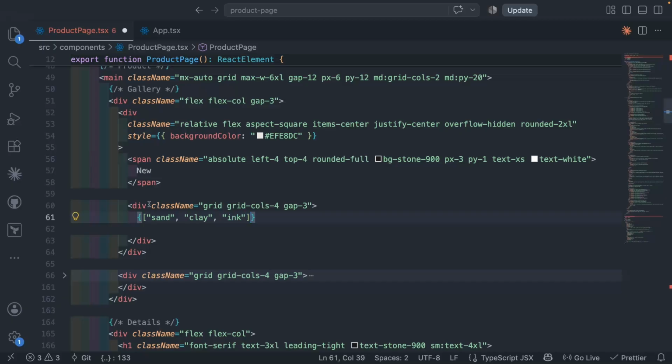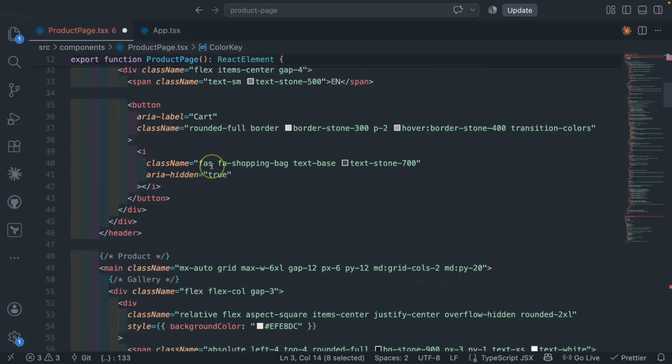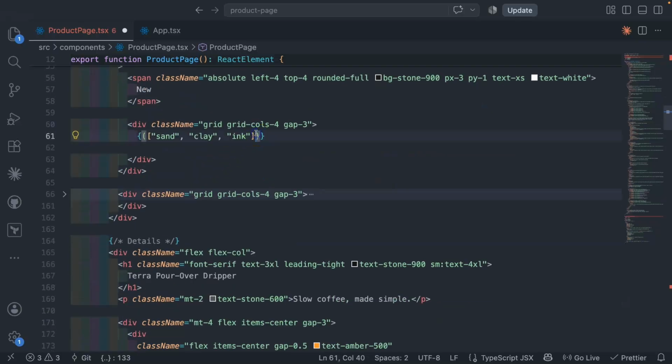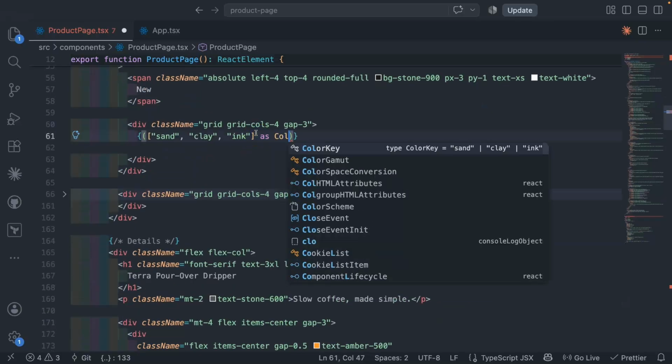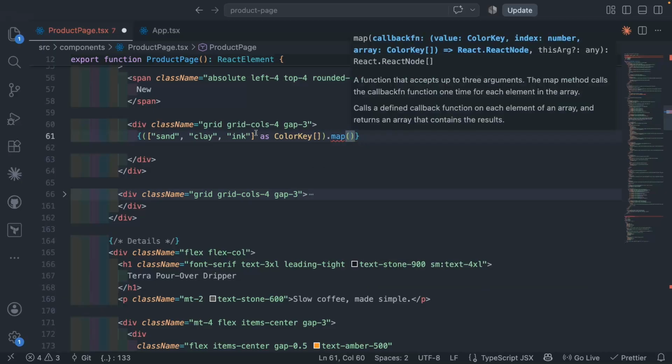So this is an array, and maybe what we can do, we can cast it. Remember that we said it has to be of type ColorKey. Okay, so I need to cast it. So I'll cast this as a ColorKey array, and then outside, .map,